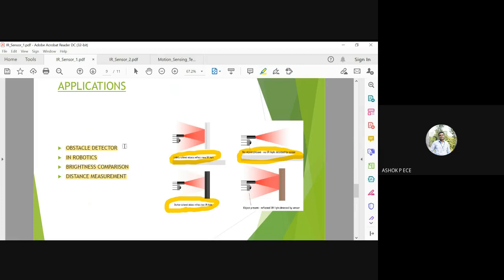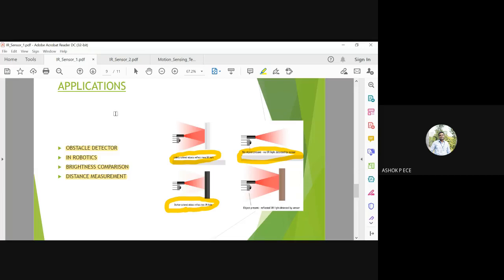So it is also used in distance measurement, but we don't use IRs in distance measurement because of these variations. Light colored objects reflect more IR light, and dark colored objects reflect less IR light. So for that reason, for distance measurement, I will not be using it, because even though the obstacle is present, because of the strength of the IR waves, the distance may not be calculated exactly.